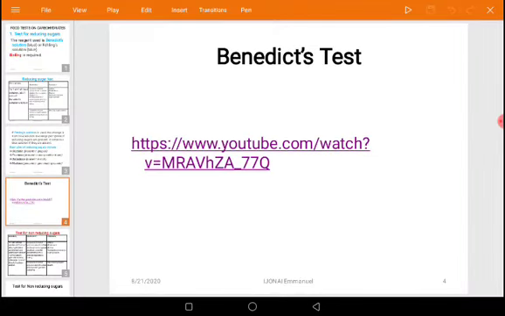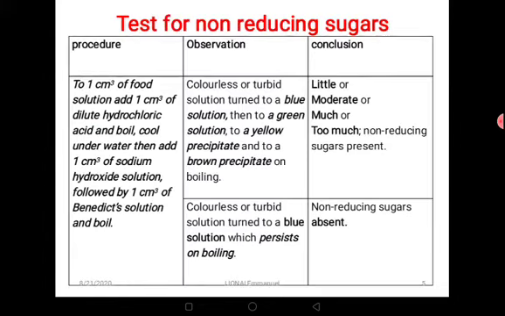So let's proceed. Test for non-reducing sugars. I should notify you that there is no direct chemical test for non-reducing sugars. But what we can do